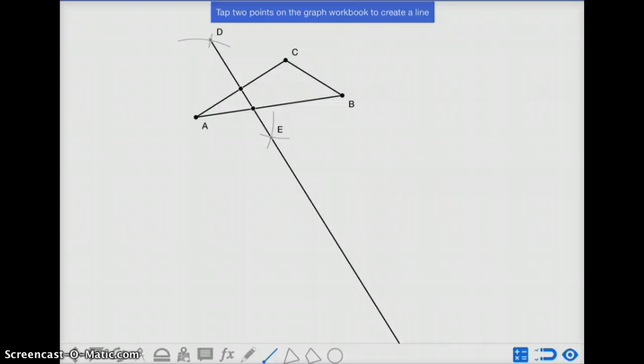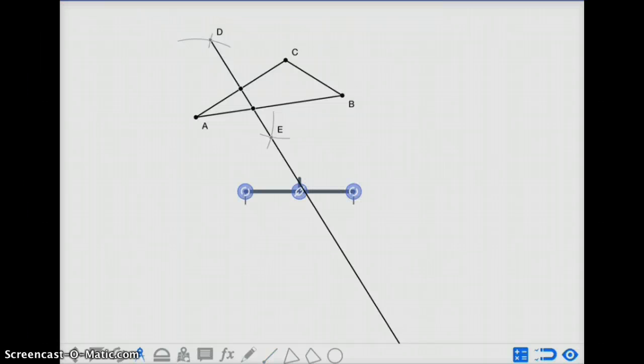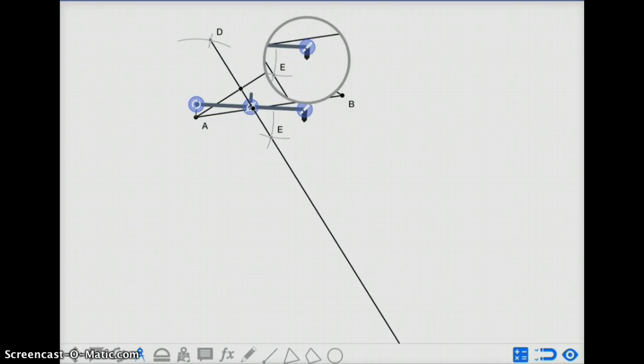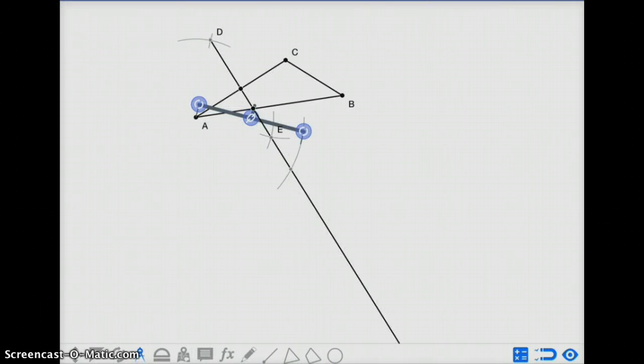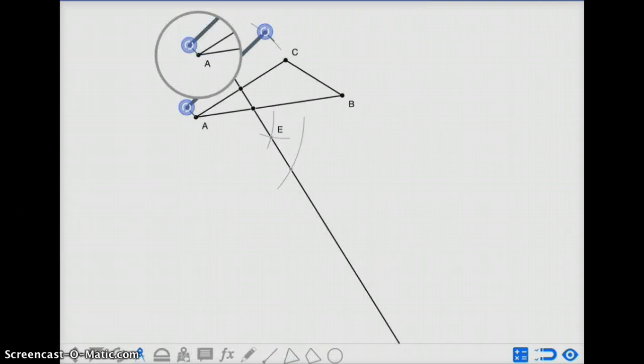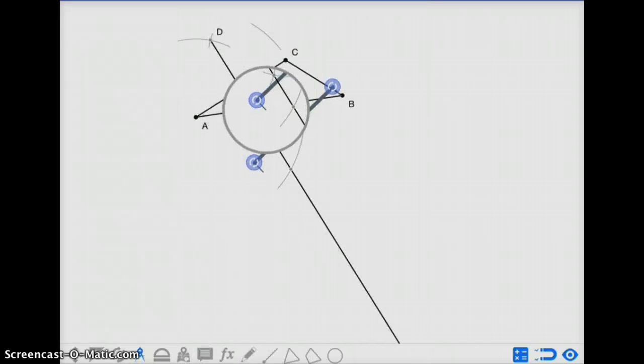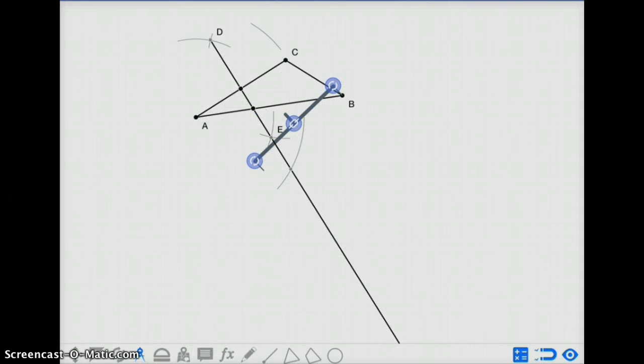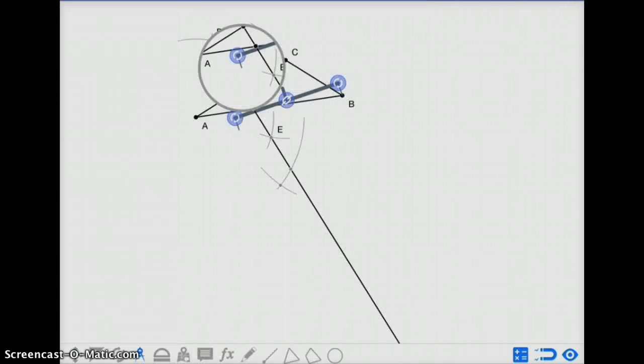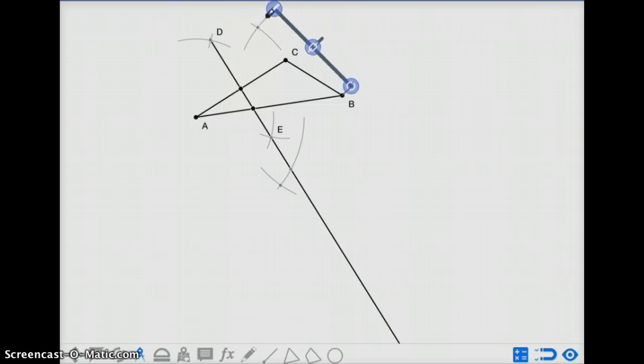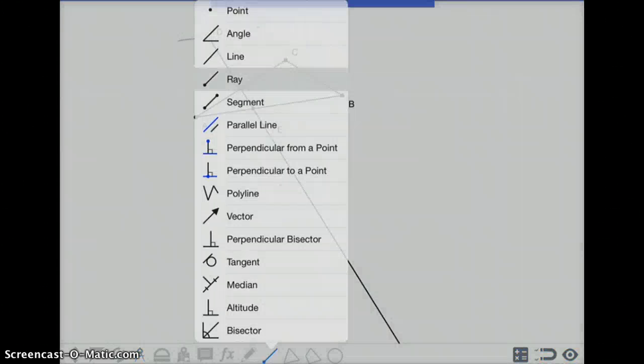Next, I'm going to do the same thing for either of the other sides. In this case, I'm choosing to do line segment AB. So I bring it out, I mark below and above, then I move over and do the same thing from the other side, marking below and above again, create my ray through those points,